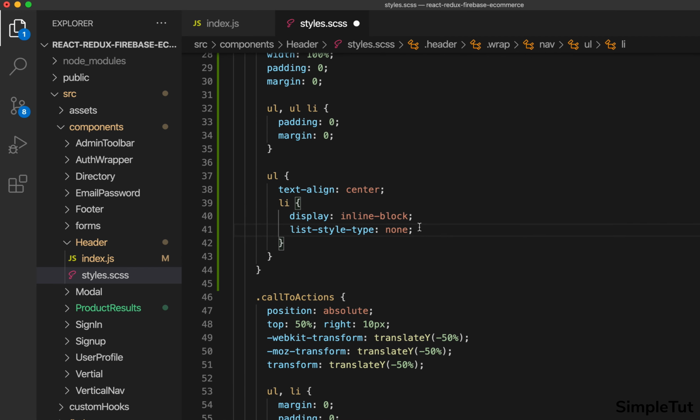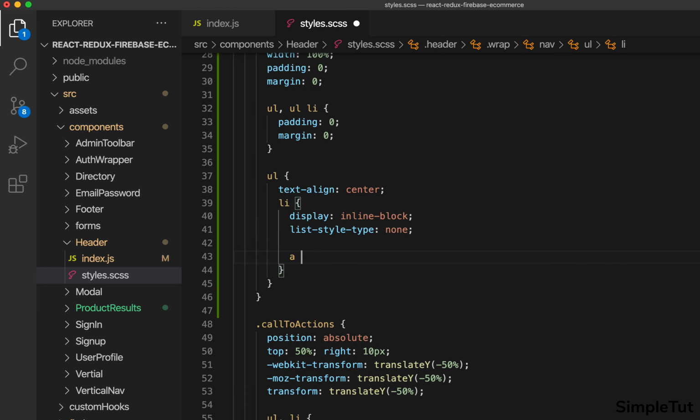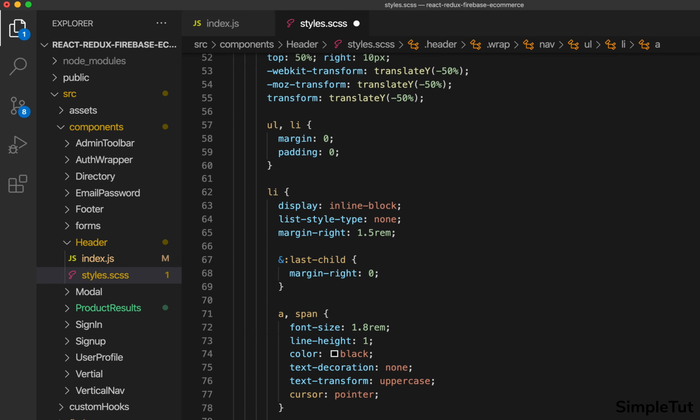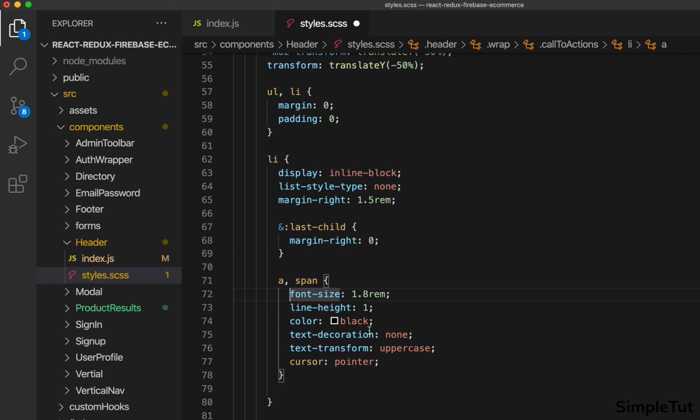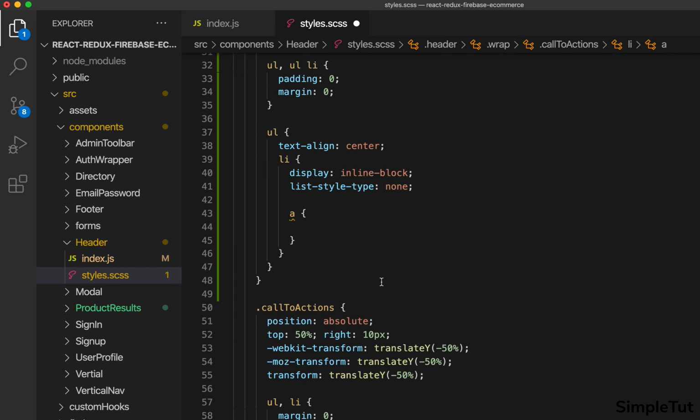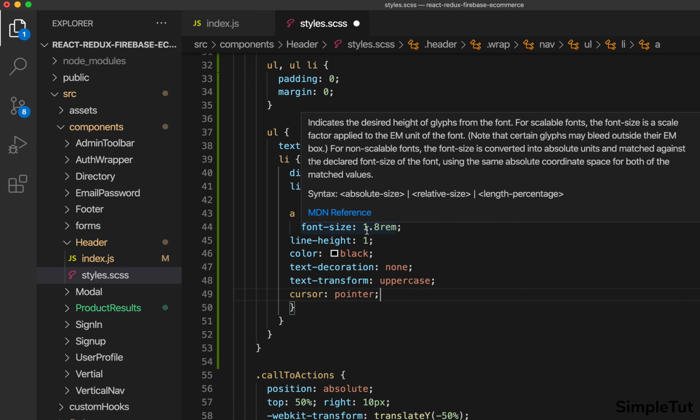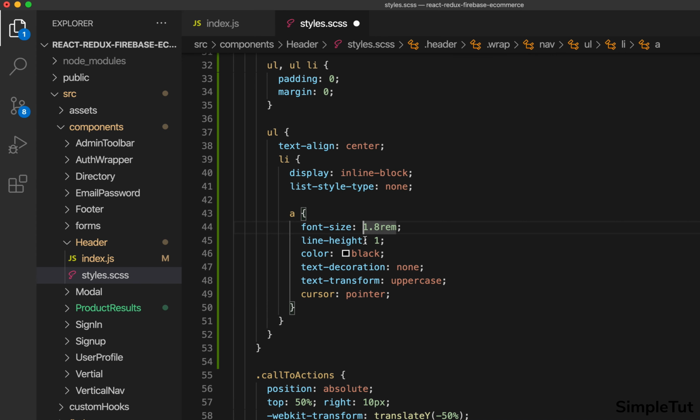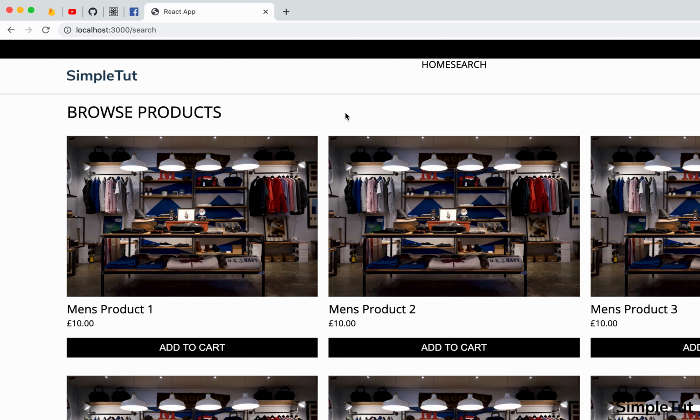And then we'll target the link itself inside of that. We want to make sure that we set the same styling here as we have on our call to actions. So that's going to be a font size of 18 pixels, and the rest as you can see here. So let's just see what that looks like. That looks pretty good actually,